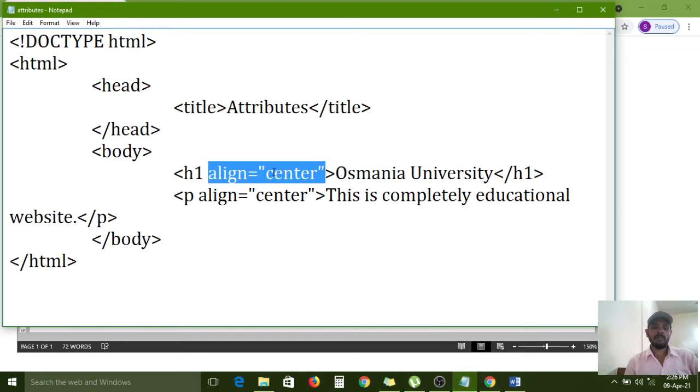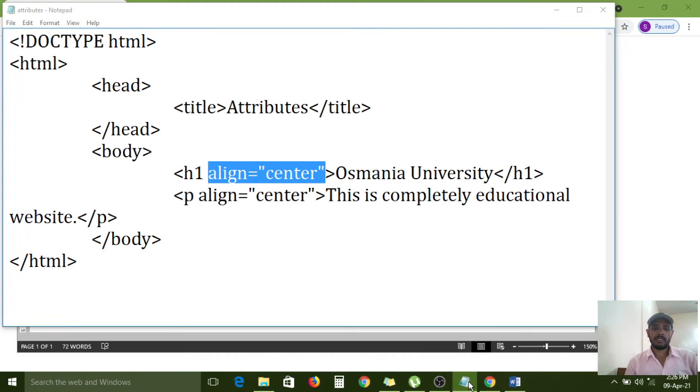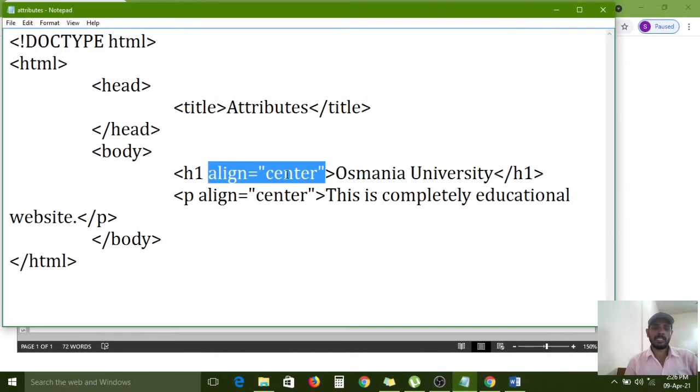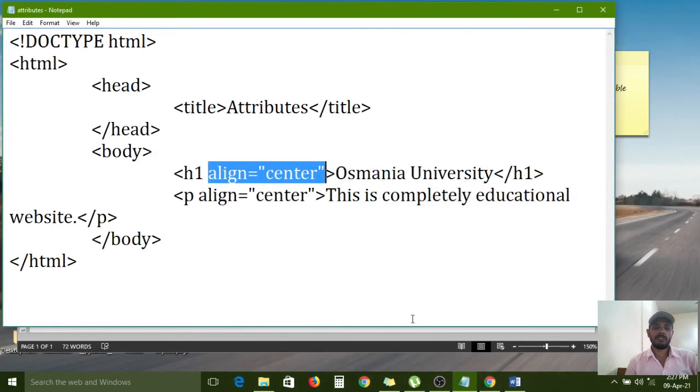So while executing, it is read by the interpreter and executed based on these instructions. So here I gave one instruction, align equal to center. So my requirement is align equal to center. By default it will take the left side, but here my requirement is given. If I do not give anything here, then by default it will print at the left side. But if I provide my requirement as additional information by using an attribute, then based on this instruction it will print like this. It will take the position at the middle of the web page.